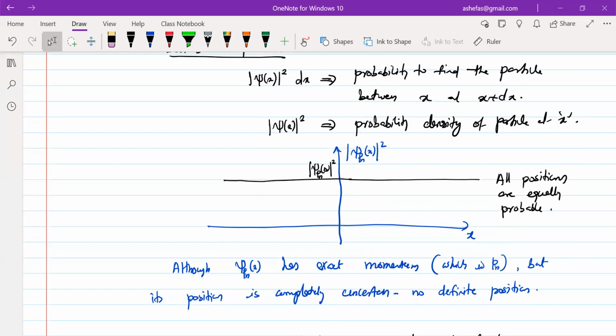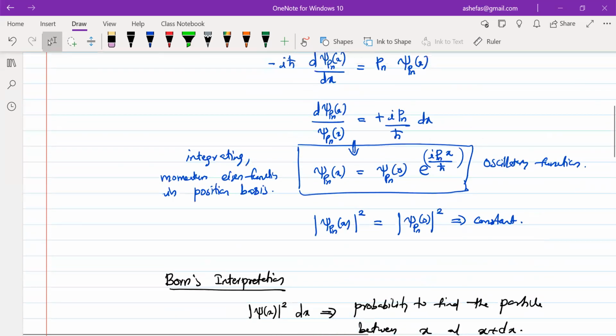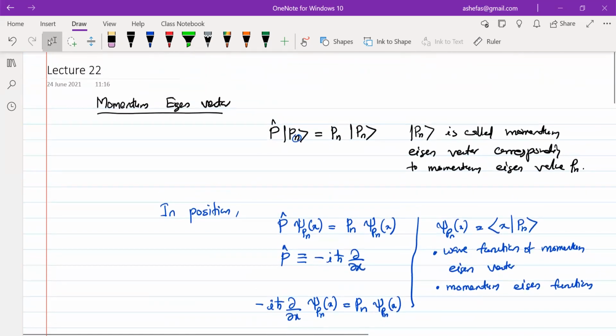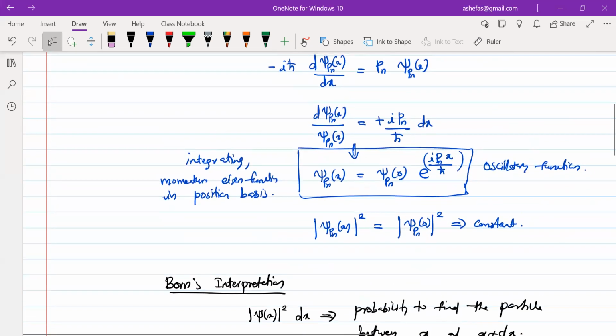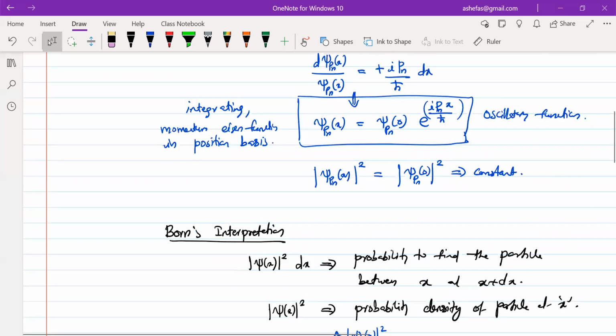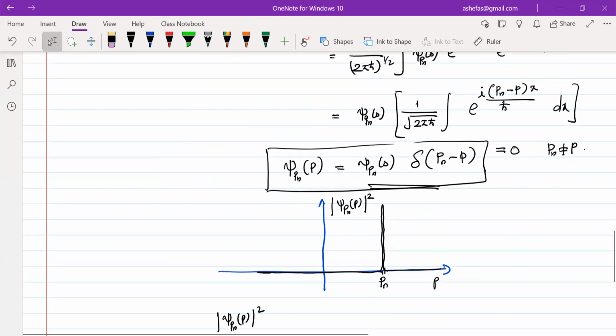That you can do as homework or as an assignment: find the expression for the wave function form of the position eigenstate or position eigenvector, in the position basis as well as in the momentum basis. We have done the momentum eigenvector or momentum eigenfunction in two different bases. This is the position basis representation, and this is the momentum basis representation. The same thing you can extend to the position eigenvector, the position eigenfunctions.